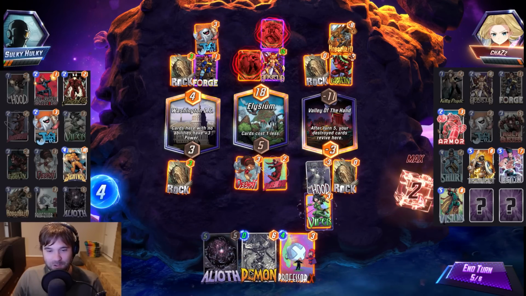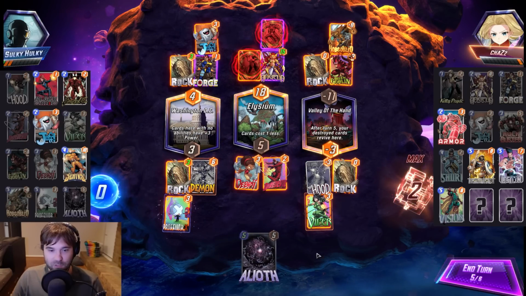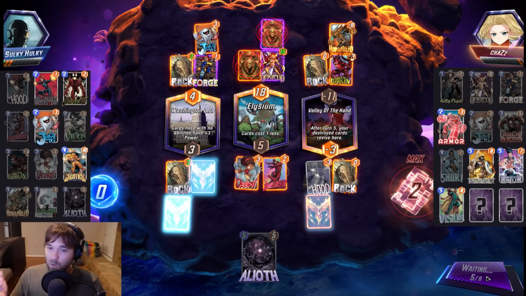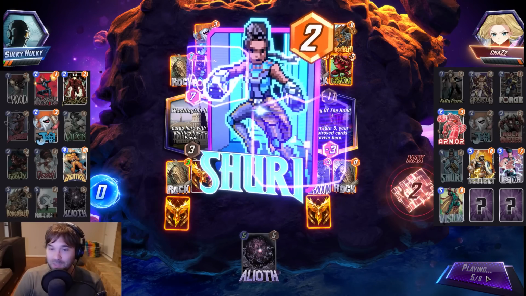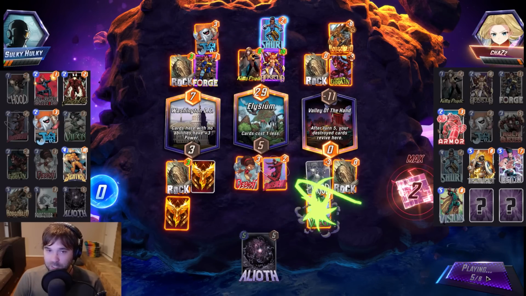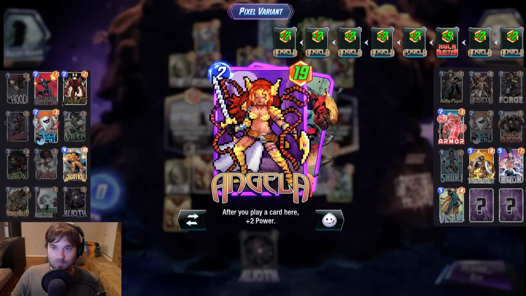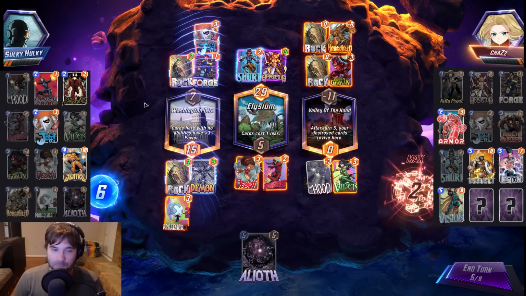Let's go Viper in the right. Let's go Demon, which will be 9, and then the Professor X lock in the left lane, leaving only 1 space for them to play on that final turn. The thing of beauty. It is unfortunate, but it is a thing of beauty. They stacked a little bit too heavy with the Angela, as you can see. Put too many eggs into that one basket,